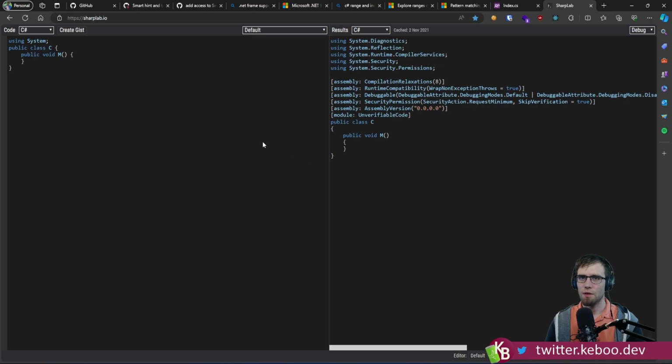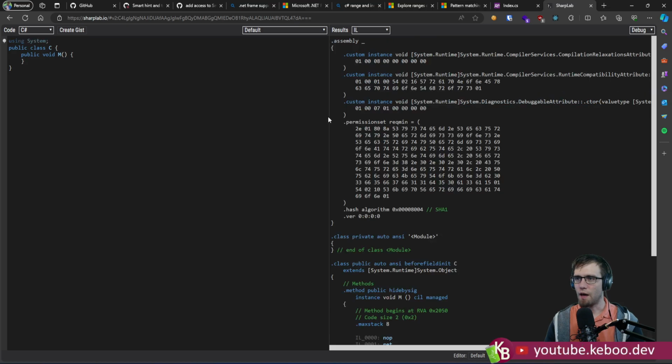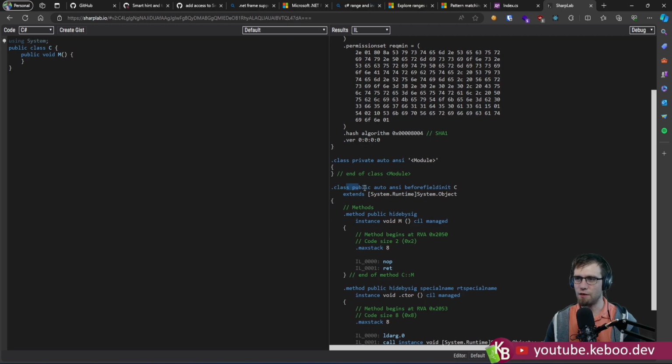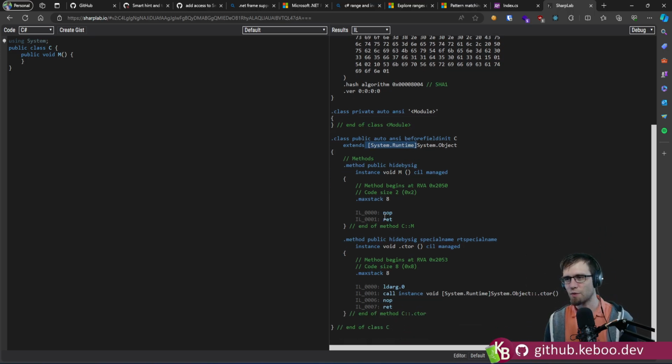sharplab.io, right? If we look at the IL, come on, load, right? IL looks like this. And even without a lot of knowledge, we can kind of read our way through some of this stuff, right? IL has classes: public, auto, ansi, beforefieldinit. There's some weird stuff in here, but we can see C extends System.Object from the System.Runtime library. Even without a lot of IL knowledge, with just a little C#, you can kind of start to reason through it. You then start to get into these